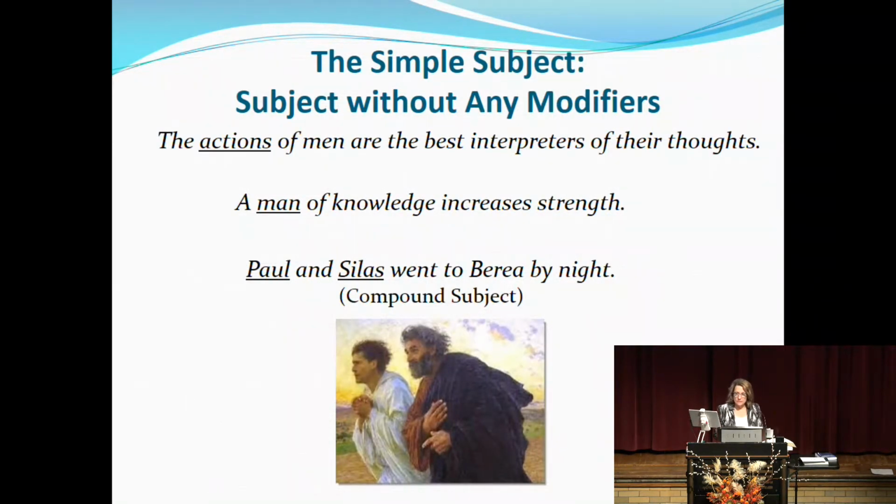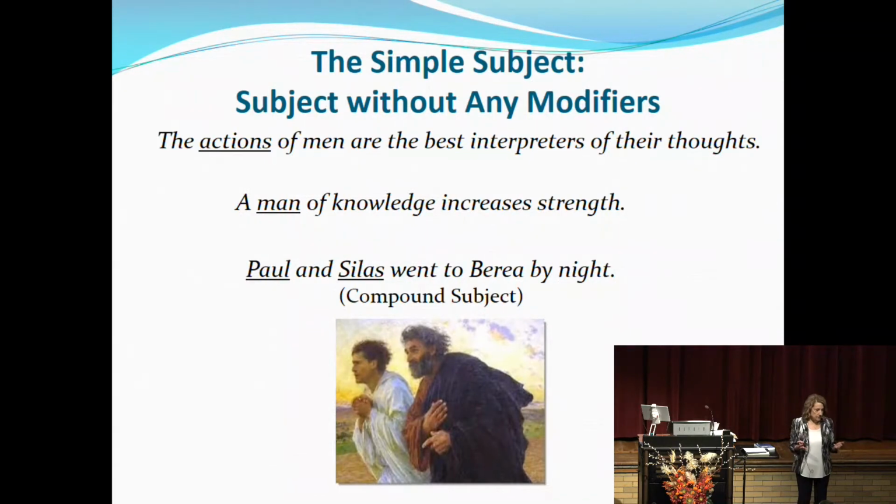The simple subject is the subject without any modifiers. That's what we refer to as the simple subject. We're going to talk about the complete subject a little bit, which includes its modifiers. But let's just start with the simple, and we'll move to the more complicated. When we're looking for our subject, truly, the thing we should look for first is the verb, and then we're going to find it. It won't lead us astray if we look for the verb first.